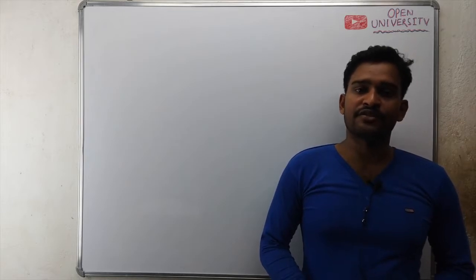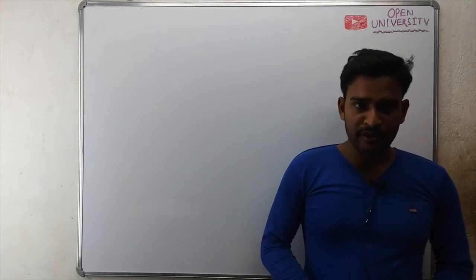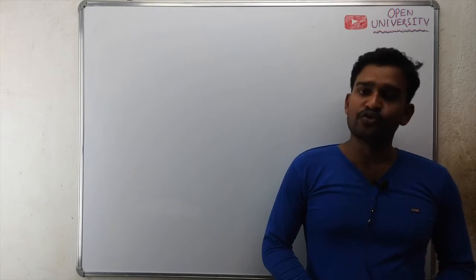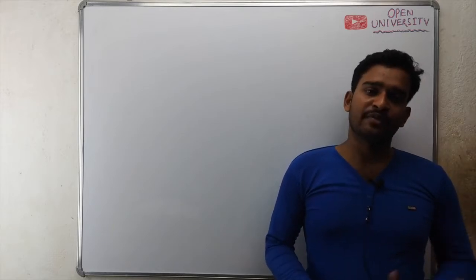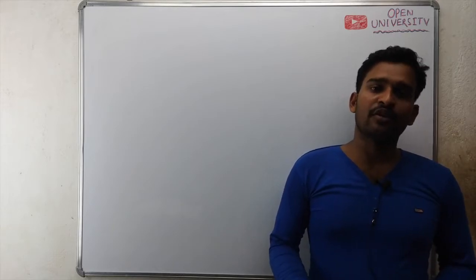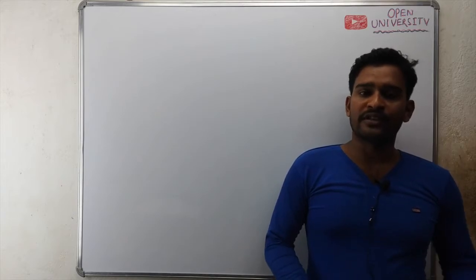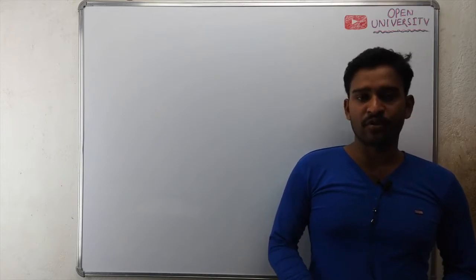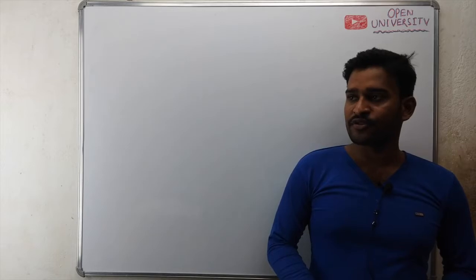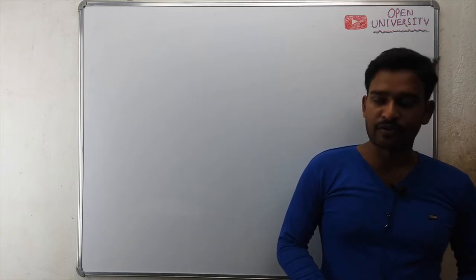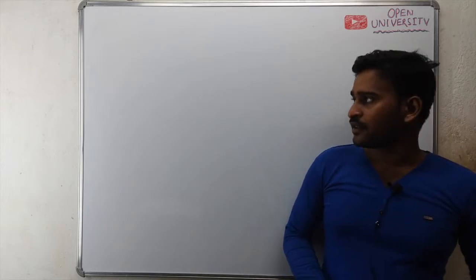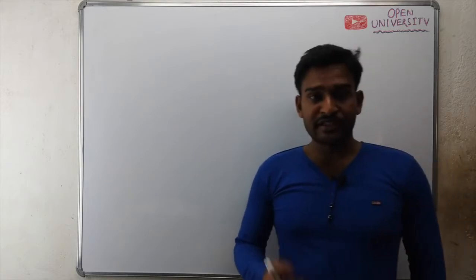IC723 is an adjustable voltage regulator whose output can produce two types of output: low voltage output or high voltage output. Low voltage output means output is less than 7 volt, and high voltage output means output will be greater than 7 volt. Then we discussed about Zener diode topics.